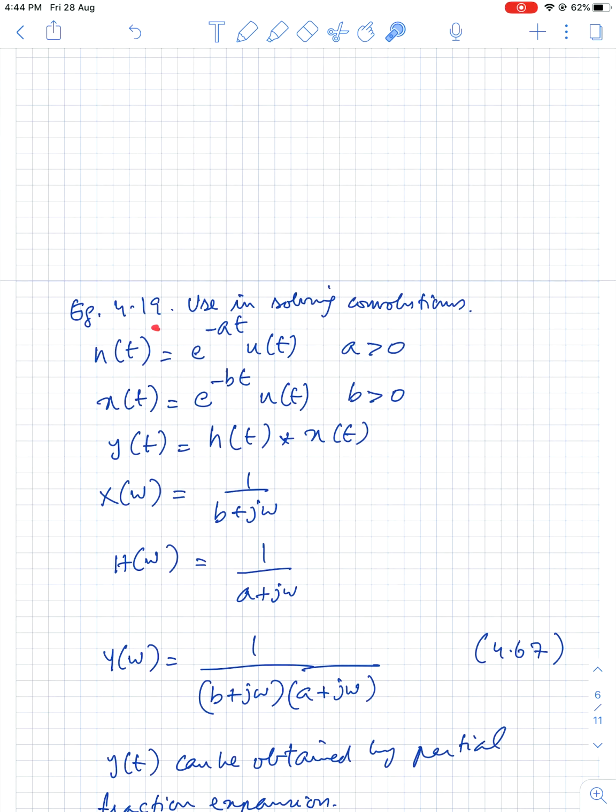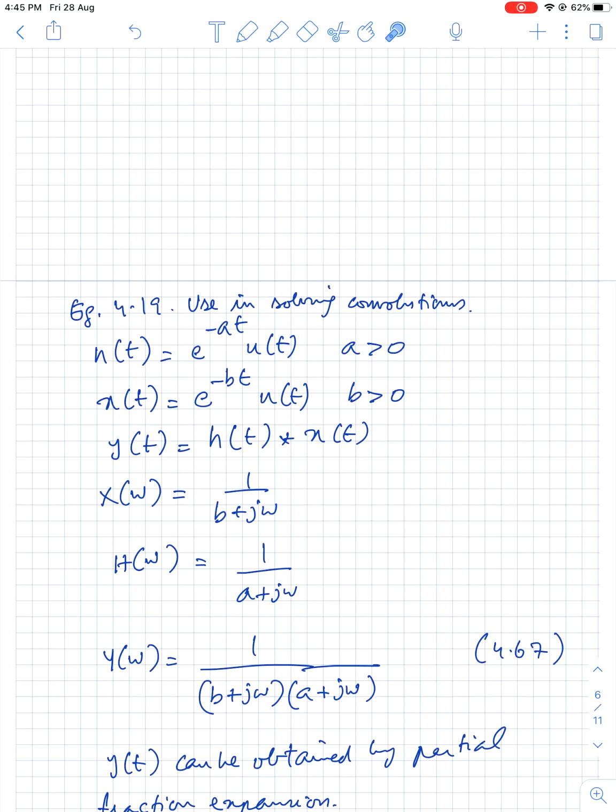Another example, 4.19, shows the use of the convolution property to solve convolution problems. For example, in the second chapter we had looked at several ways to convolve two signals. There is an h of t and there is an x of t. If you want to convolve them, you have these two signals which they have given here. You can keep one fixed and flip the other one and do the convolution, which we had done in the time domain. But by using the convolution property of the Fourier transform,